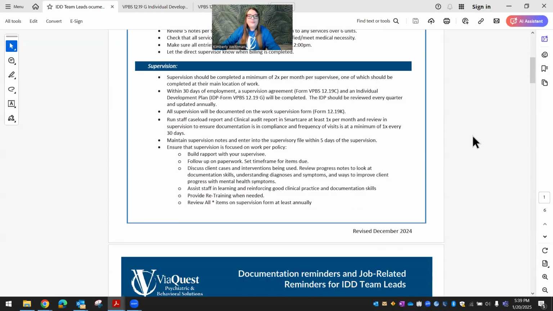Moving on to supervision. Supervision should be completed a minimum of 2 times a month per supervisee, one of which should be completed in that supervisee's main location of work. Within 30 days of employment, a supervision agreement, form VPBS 12.19C, and an individualized development plan, IDP form VPBS 12.19G will be completed. The IDP should be reviewed every quarter and updated annually. All supervision will be documented on the work supervision form